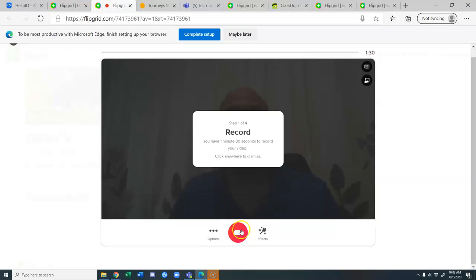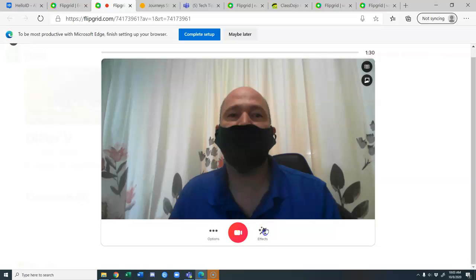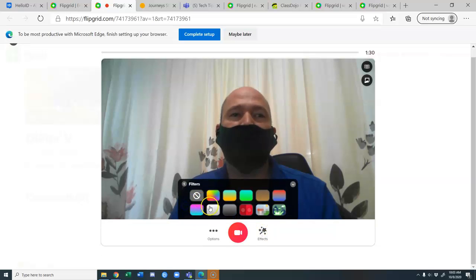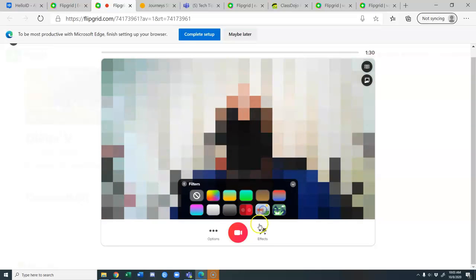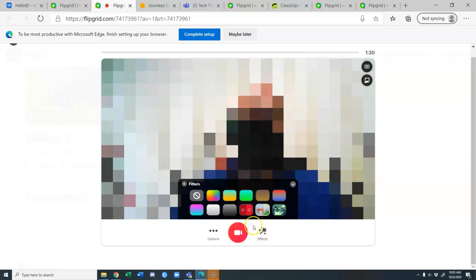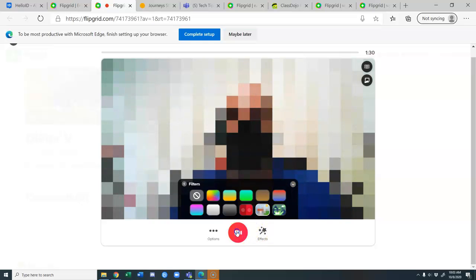And then I have the same restrictions. And I can also, of course, still do the effects and everything. So if I want to do mine in black and white or something like that, I can. Or in sepia. Where'd the sepia one go? Anyways, doesn't matter. I can do whatever kind of response that I want to do and all the crazy filters. So let's say I want to do the secret agent one. And so I do that and I say,